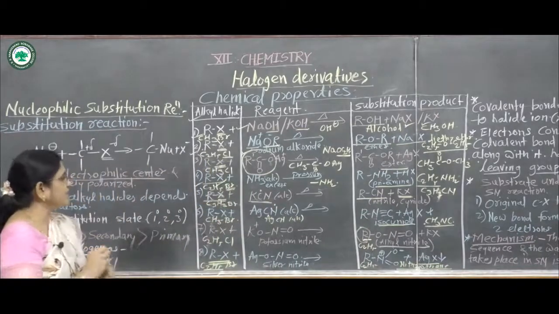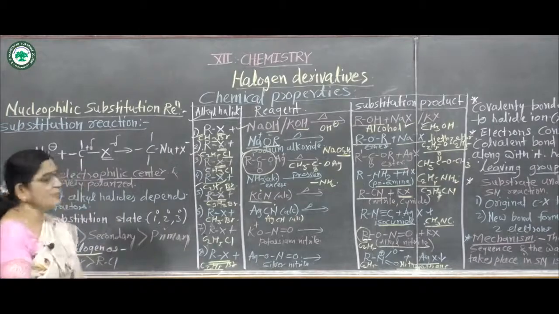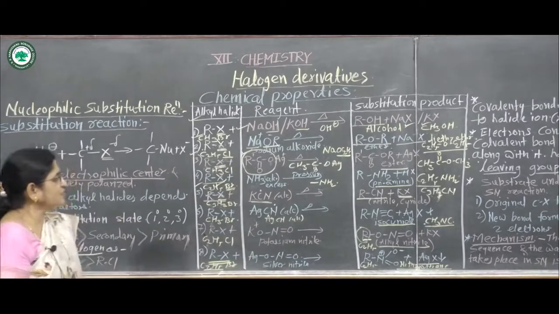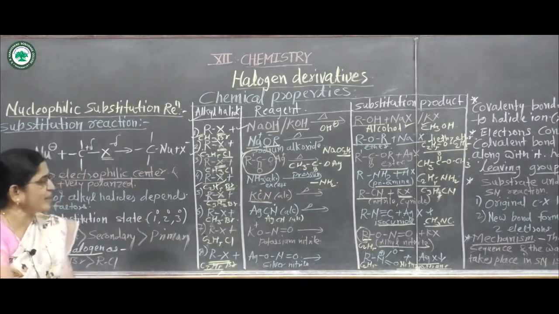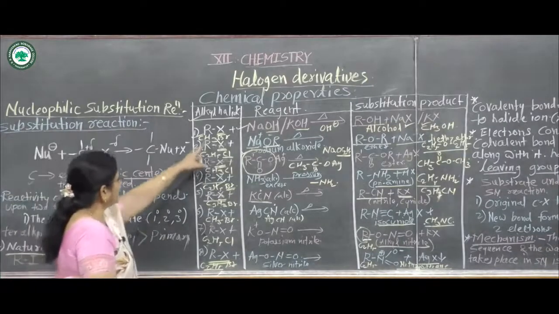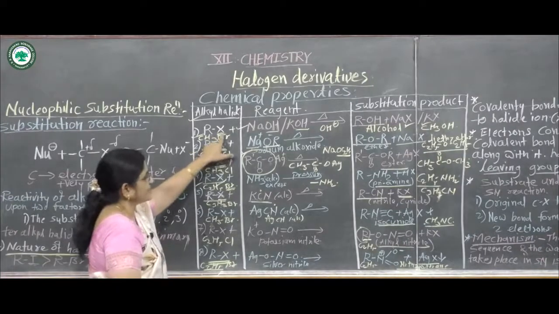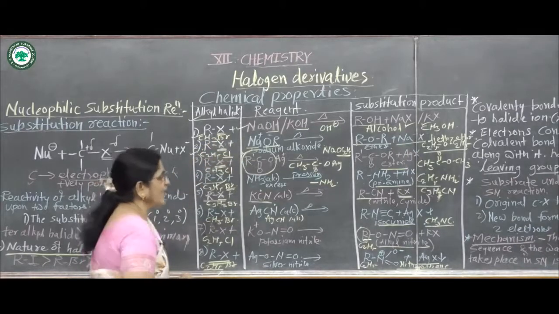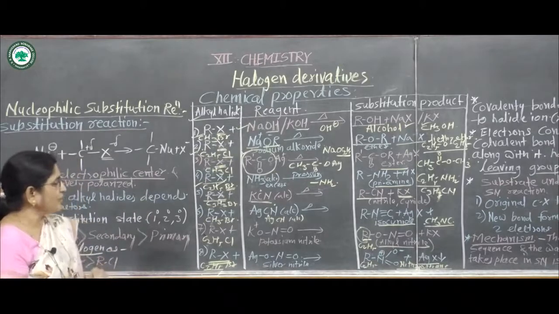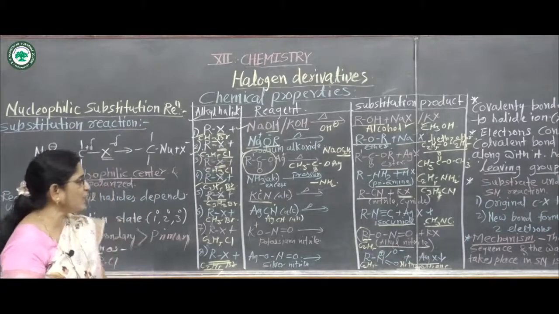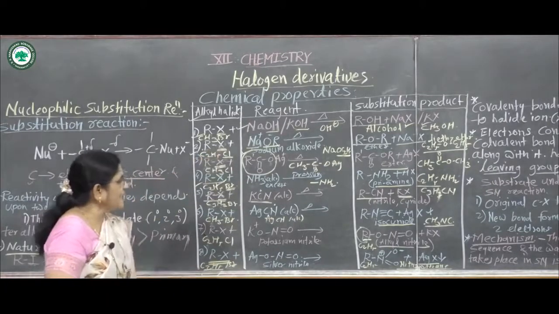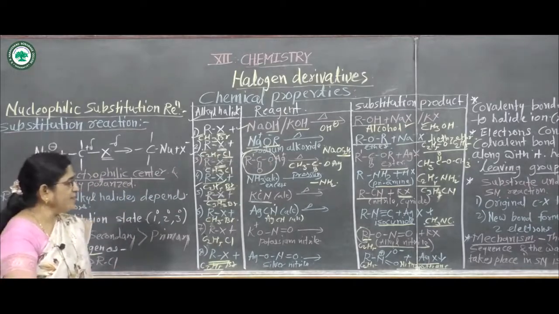Hence, in this way, there are some reactions of nucleophilic substitution. Then in all these reactions, the covalently bonded halogen is converted into halide ion, that means X minus. Then the second point: the electrons constituting the original covalent bond, the bond between this carbon and halogen, are carried away by the halogen